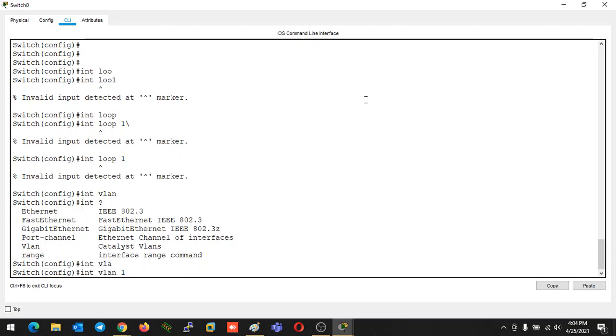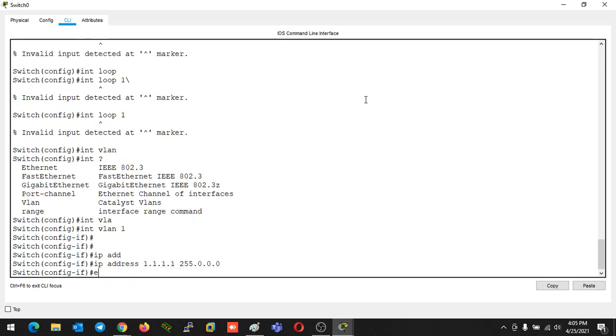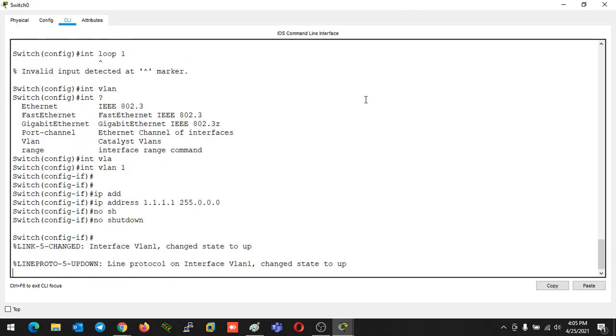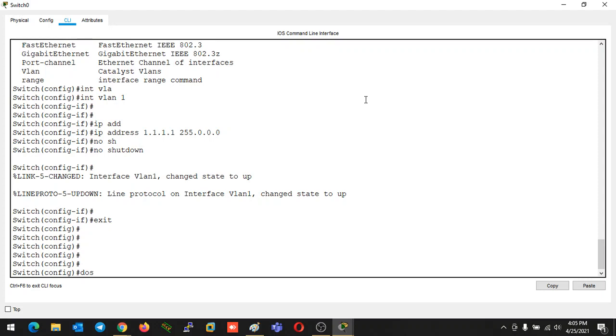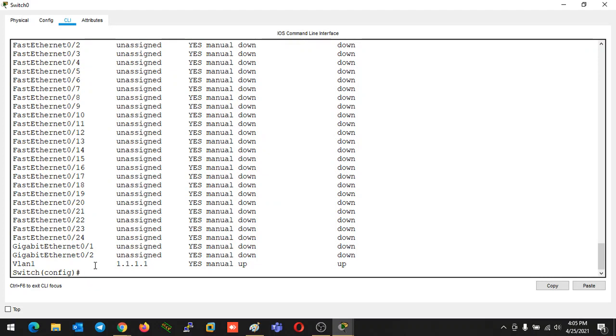Okay, we will create an SVI. IP address 1.1.1.1 /8. Okay, do show IP interface brief. We can see the SVI has been created and line protocol and status both are off.